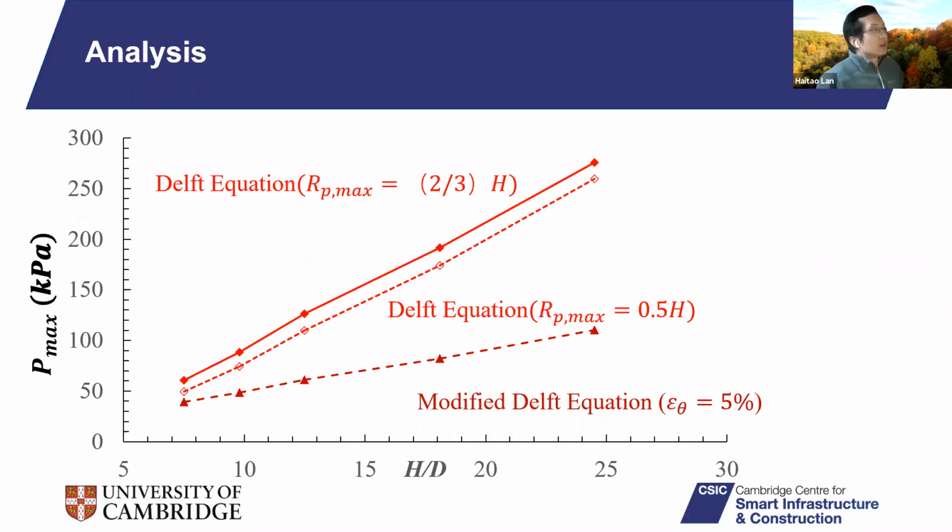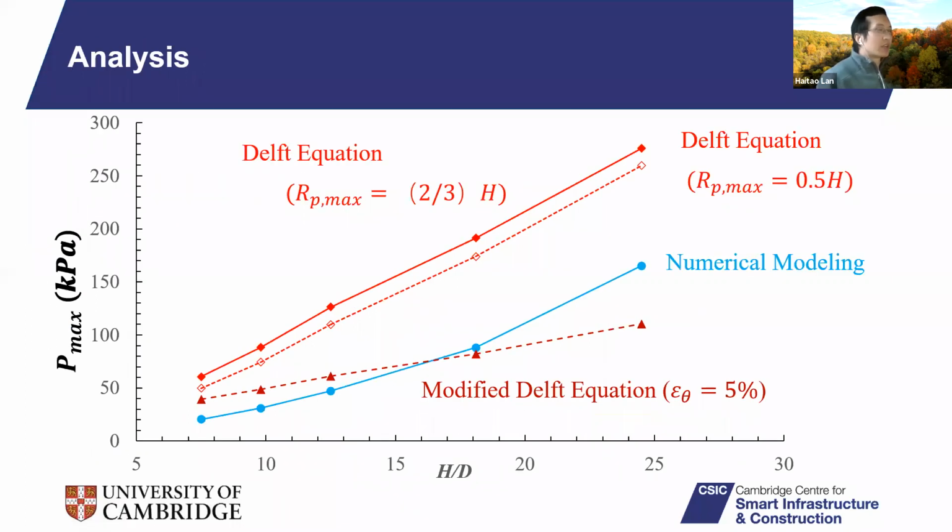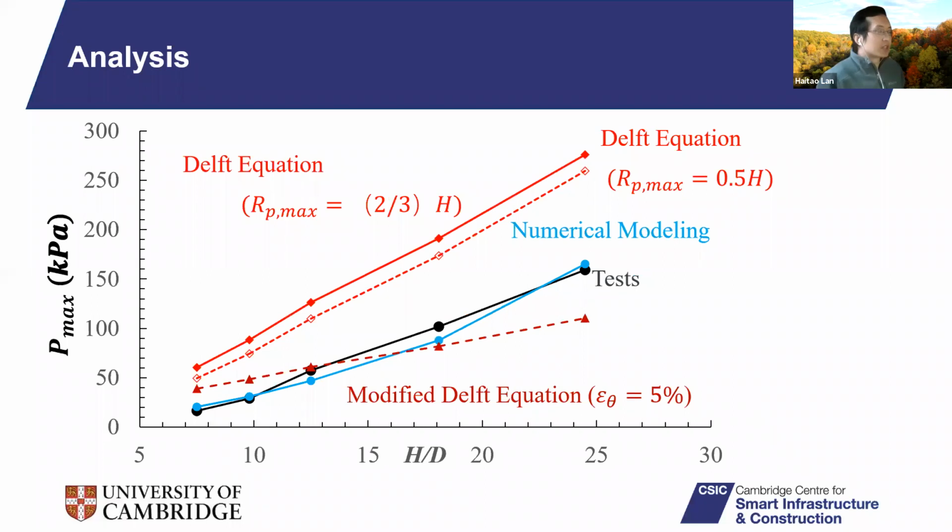So here are the design equations from TU Delft, and the results from the modified Delft equation are much lower in this figure. The blue dots and line here are the results from our numerical modeling, and the black dots and line are our test results. They are much lower than the results using the Delft equation, and a little bit higher when H/D is above around 17, 18. So imagine you want to estimate the peak mud pressure at, let's say, 15,